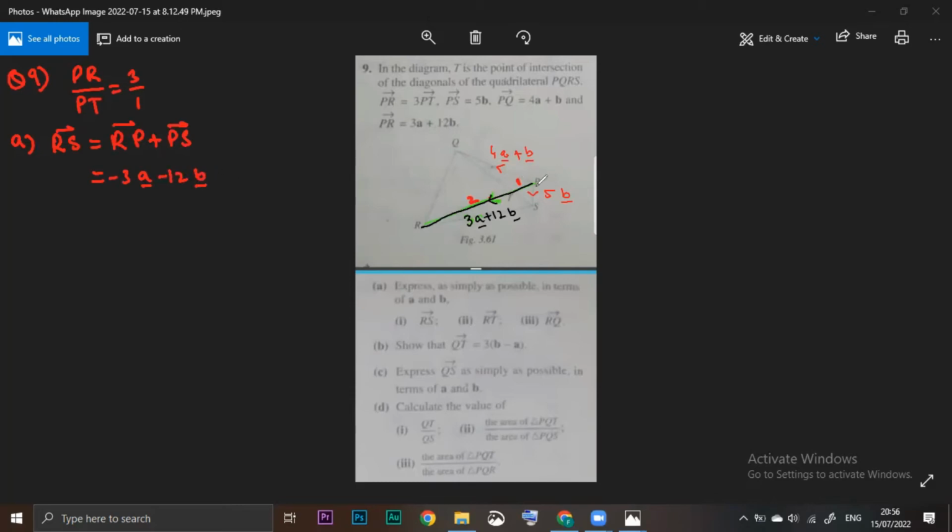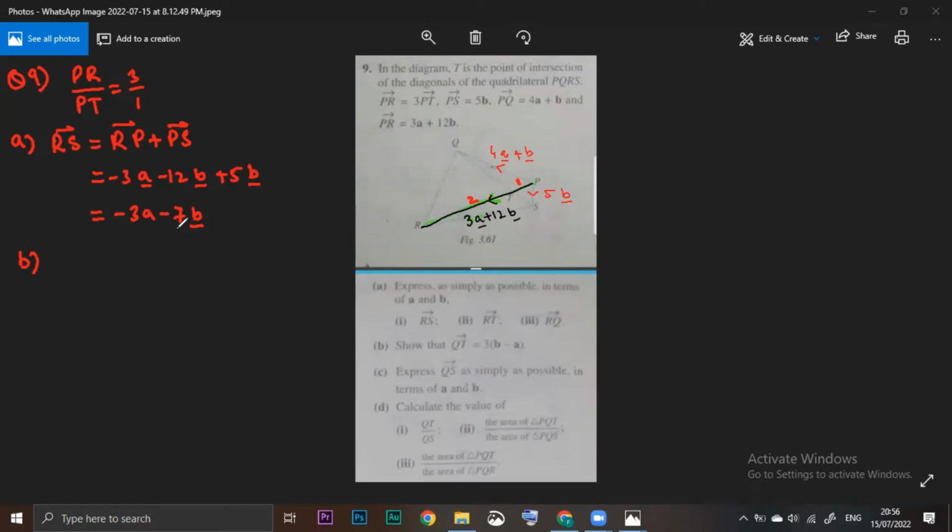And PS is given, 5A, 5B plus 5B. The final answer is 3A minus 7B. Now this one is the expression for RS. Now part